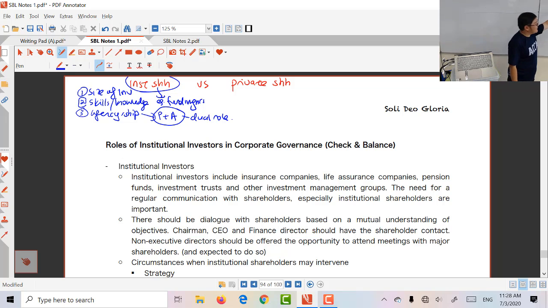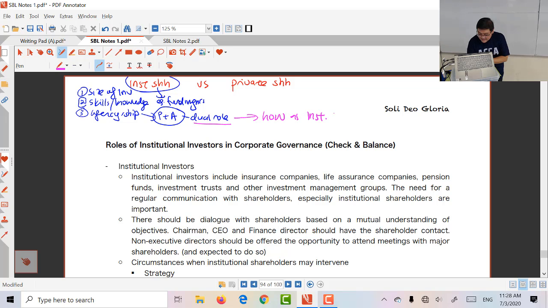Alright? That's why as a fund, the conflict of interest is so significant, and it must be addressed. But question is, are we addressing it? Do we have important measures to ensure that this problem will not occur? But that conflict is very real. Now that's the dual role that they are playing. So you see, because of that dual role that they are playing,